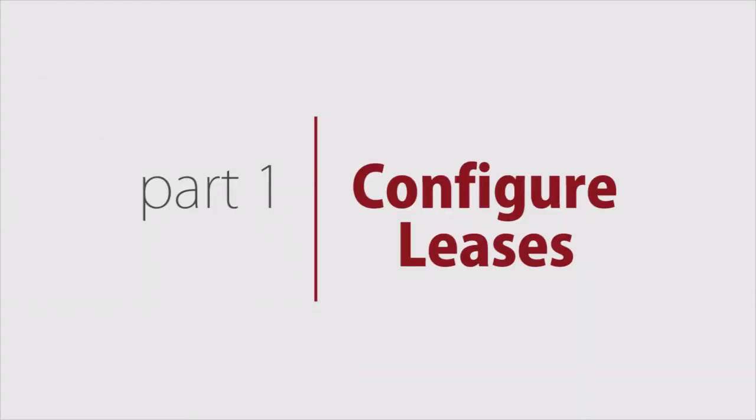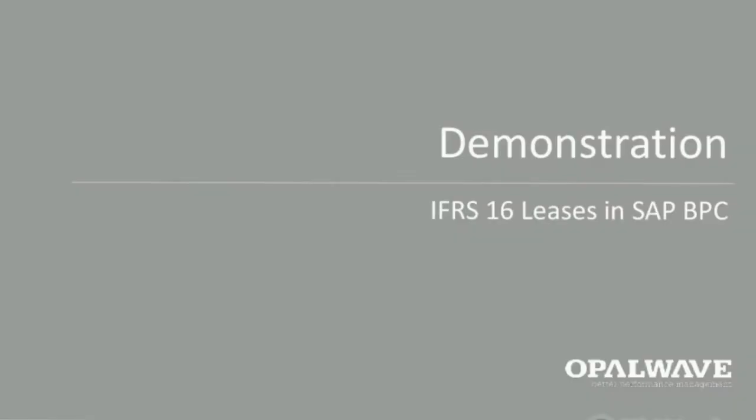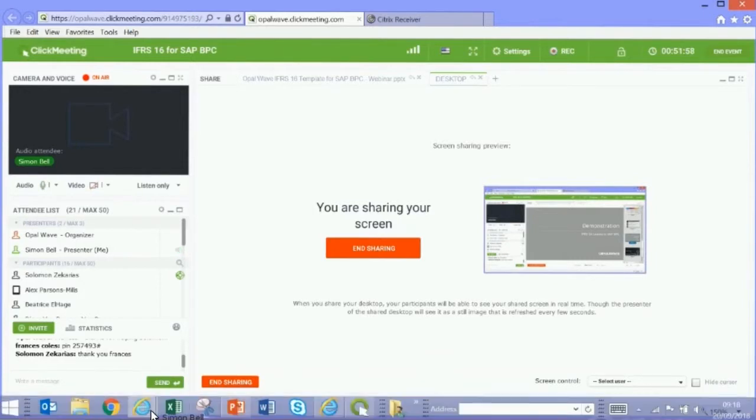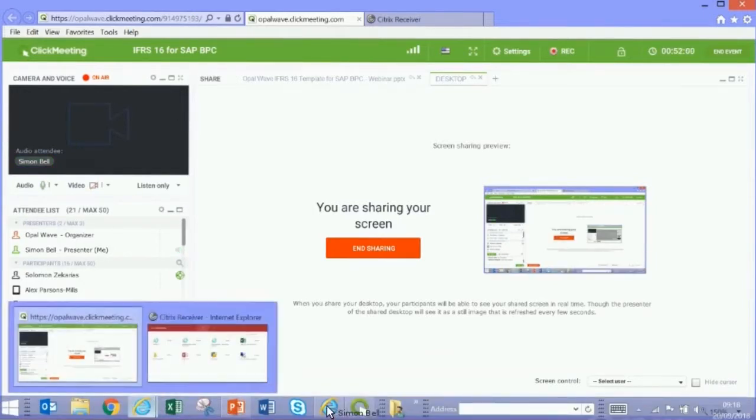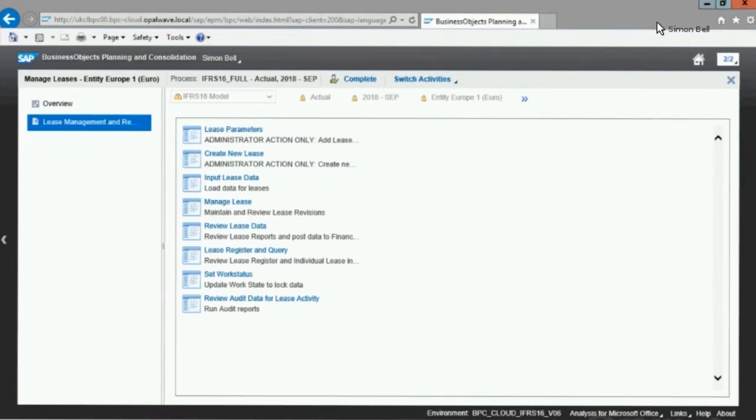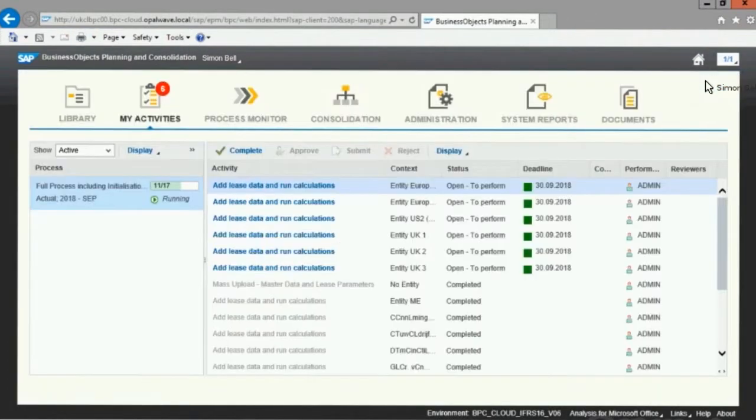We'll launch into a demonstration of the solution. And then once we've done that, we'll open up the floor to questions. So I should be able to access my BPC environment,